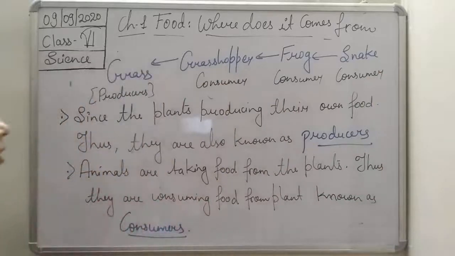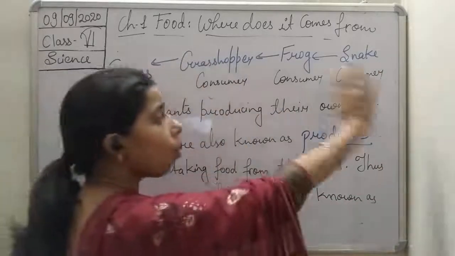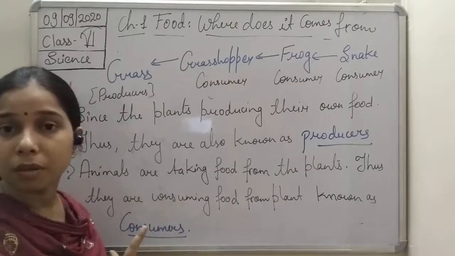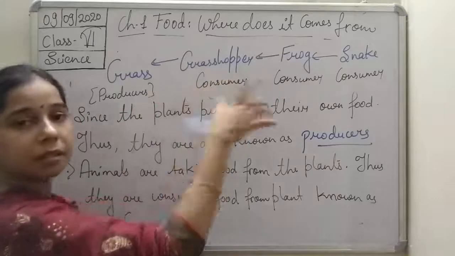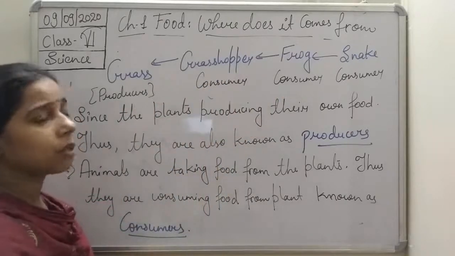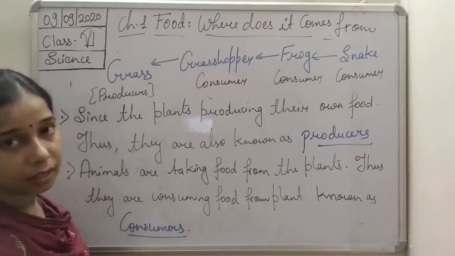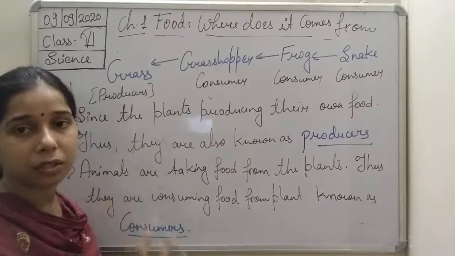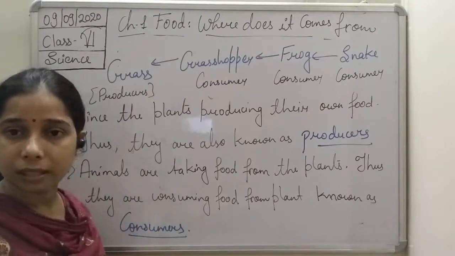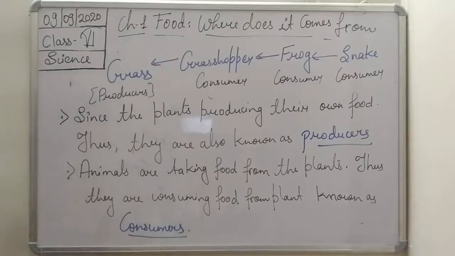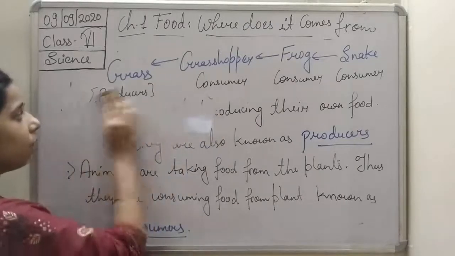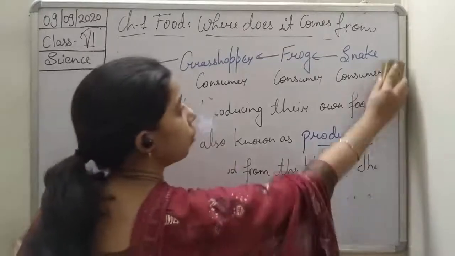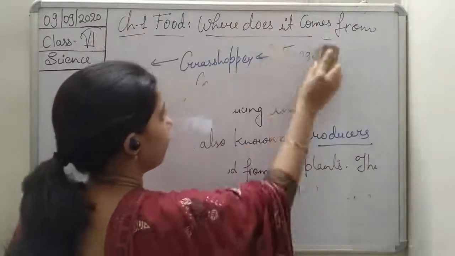So, you see here student, this one is producer, but all of them are the consumers. So, one is the producer while other is the consumer. Although the consumers are also divided into primary, secondary and tertiary. Primary is the first consumer, secondary is the second one and tertiary is the third consumer. You don't have to study this much. You just simply understand what is producer and what is consumer. There are a lot of examples, student, by which we can understand that this is the producer one and this is the consumer one.